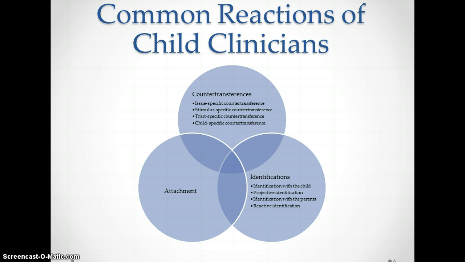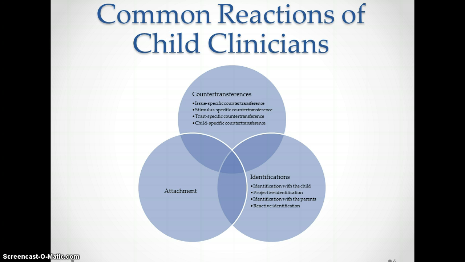The final type of countertransference is child-specific countertransference. I'd say that this could also be called client-specific, as the same type of countertransference is not uncommon when working with adults too. This type of countertransference can provide you with insights into how the child is perceived by others in his or her environment. If you, as the counselor, become frustrated with a certain character trait of the child, then there's a chance that others become frustrated similarly.